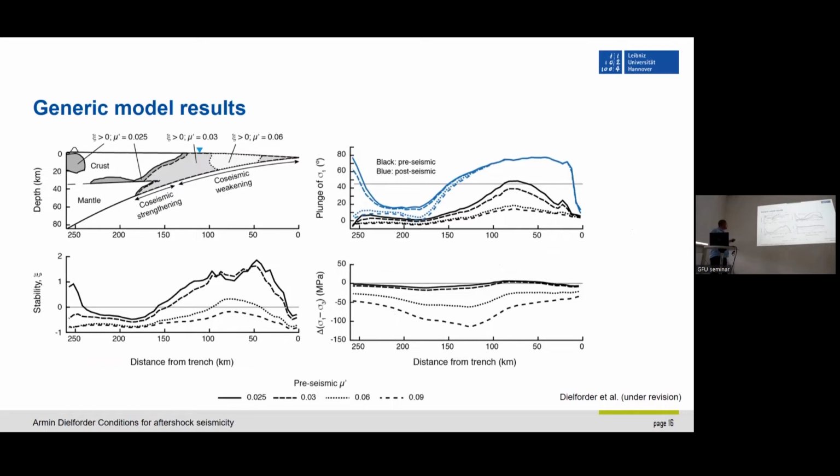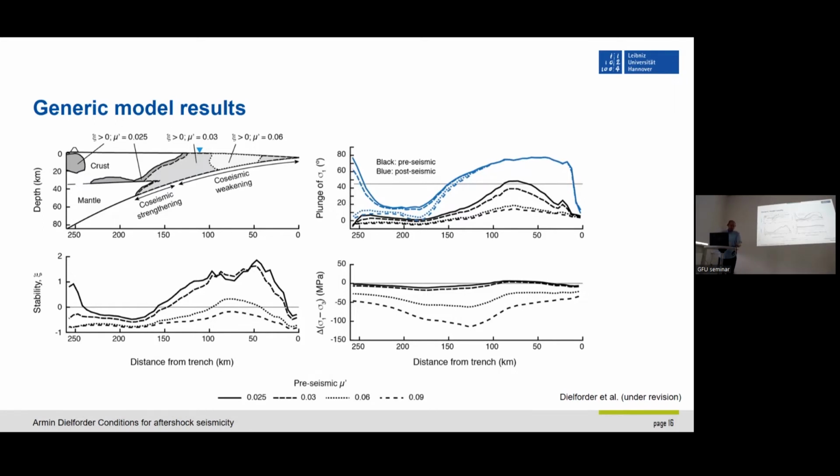So on the x-axis, we always have the distance from the trench. And here you see a cross-section through our model forearc. We have the volcanic arc region here. This would be the coastline. And then you can see the extent of the post-seismic weakening segment and of the post-seismic strengthening segment, where the stress increases along the back of the fault. And then these different gray-colored areas mark the extent of the areas in which the stress change tends to destabilize